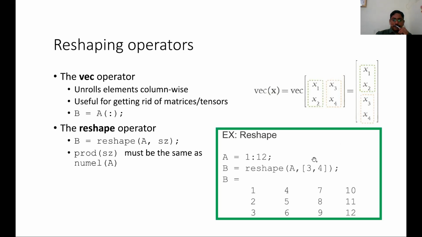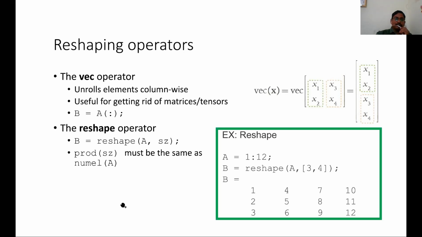Keep in mind, the size product must be equal to the number of elements in A. This is the command to find the number of elements in A: numel(A) gives the number of elements in A, here 12. So whatever size matrix you give here, 3 comma 4, its product must equal the number of elements. These two numbers have to be the same, otherwise an error will occur. So for 1 to 20, if somebody wants the elements in 4 by 5, then 4 into 5 will be okay. One cannot arrange it as 6 into 3 or 3 into 6; an error will occur there. So we can reshape the array into a matrix and a matrix into a column. If you want it as a row, you just take the transpose of it.